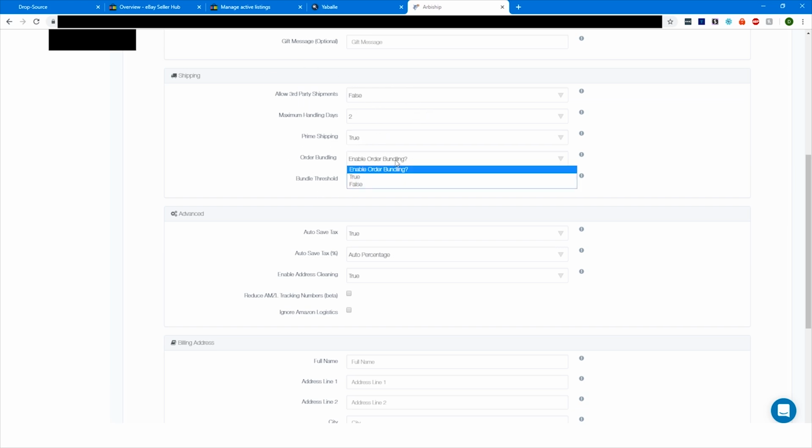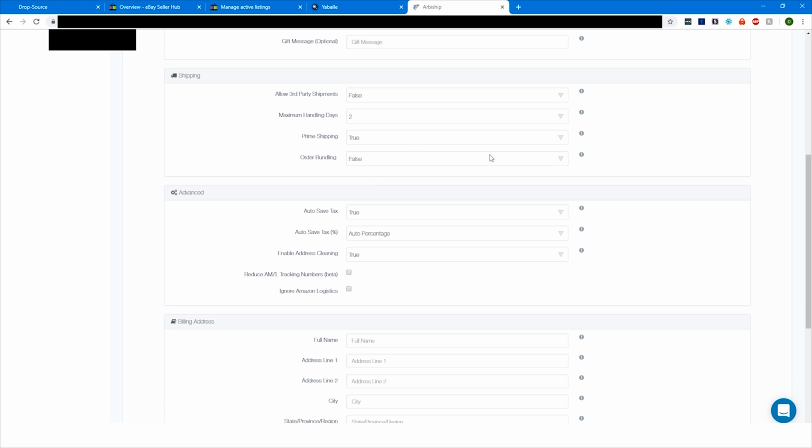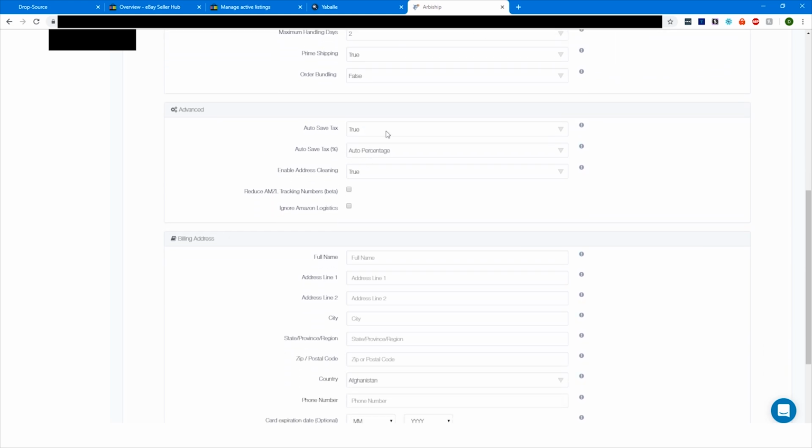So true, enable order bundling. We're going to set that to false. That actually doesn't apply anymore. That used to be a workaround for add-on items, but it doesn't work anymore. So now auto save tax, true. Why not? Auto percentage,